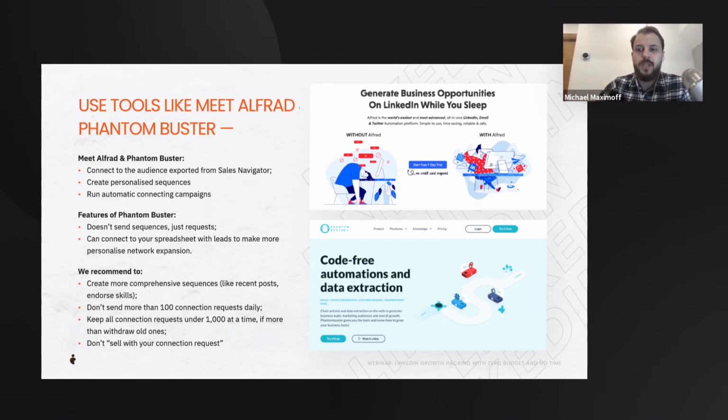So the way you do this is you want to know what the limitations are for LinkedIn, right? For example, we've seen that by sending around 100 new connections per day, you're okay. So within a month per profile, you can send under, let's say, 2,000 or under 3,000 new connections. But then if your conversion from a connection request to an actual